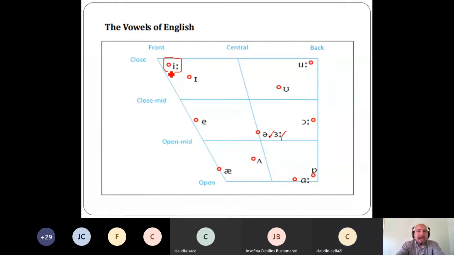Just like if I were smiling. Green. Now, when we produce this sound, which is represented by the symbol, we say fit, grin, tip,